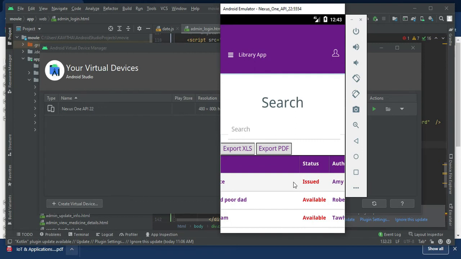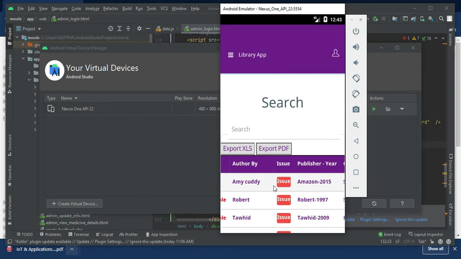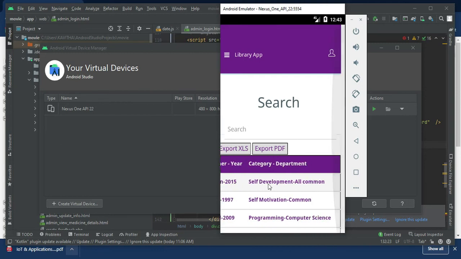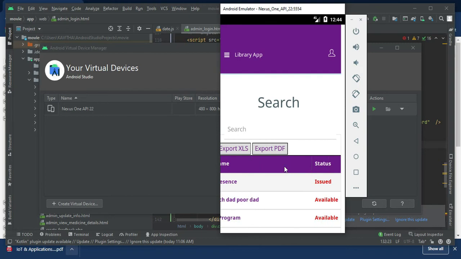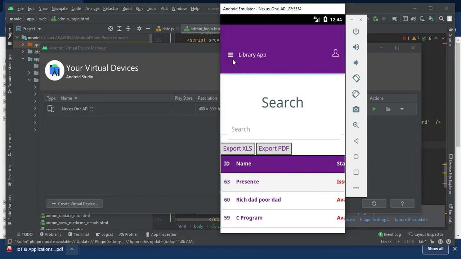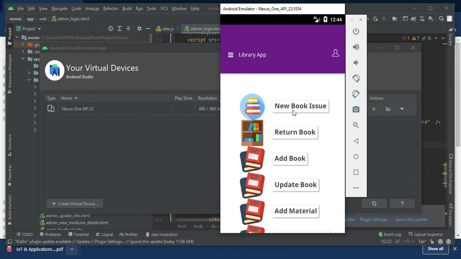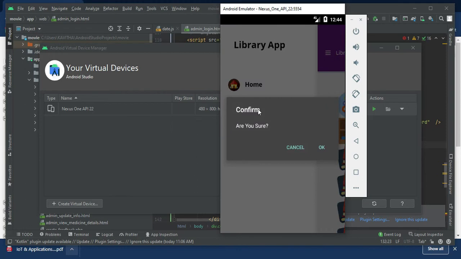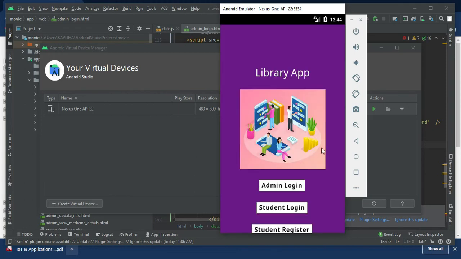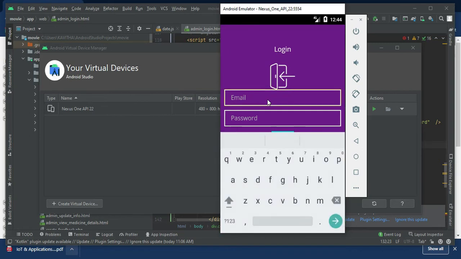Once you update it, the status will be changed to issued. Whatever you have borrowed will automatically be updated to the student account.